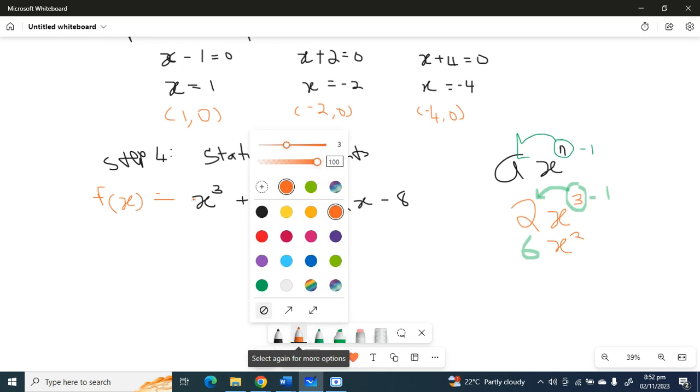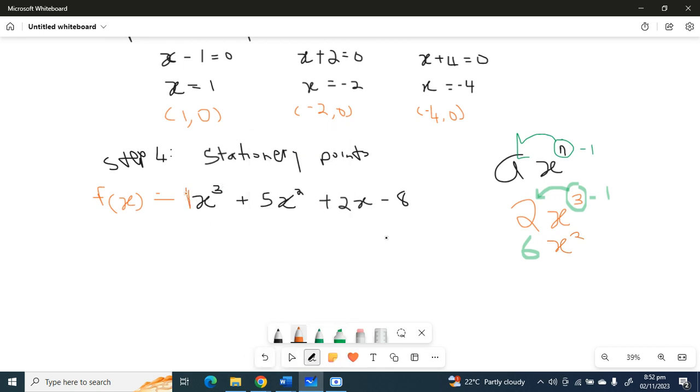As I said, for x cubed, our coefficient is 1 here. So you multiply the exponent, 3 times 1, you get 3. Then you subtract 1 from the exponent, so you end with 3x squared. Now you have a quadratic function. We derive the next one. You multiply the exponent 2 times the coefficient 5, that is 10. Then you subtract 1 from the exponent. So you're going to get 10x